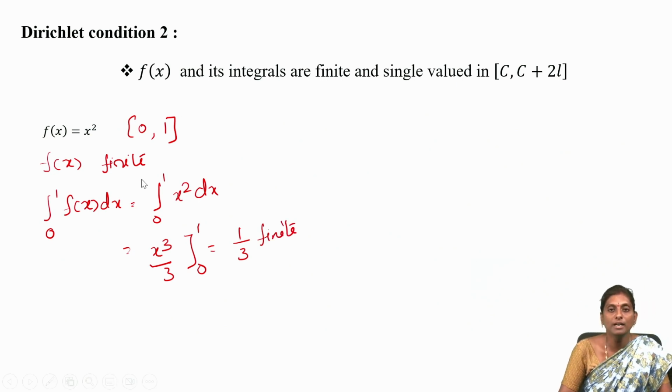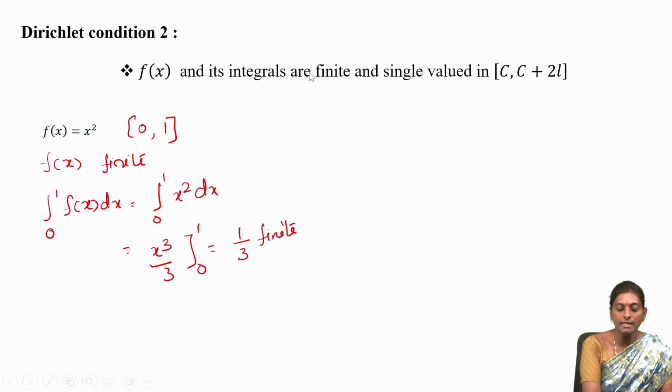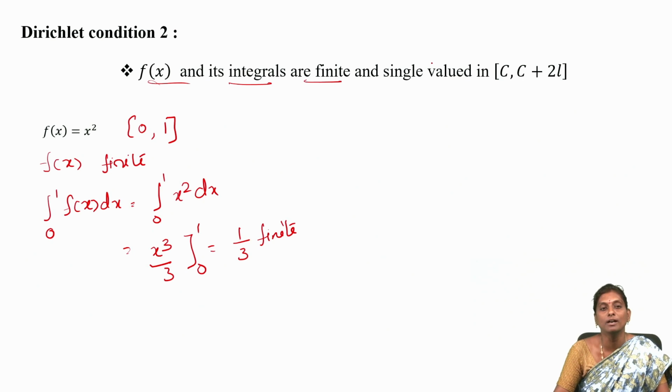So the function is finite and the integral value is also finite. Condition 1 is satisfied, condition 2 is satisfied, and the next one is that the integral is finite, f of x is finite, and the function must be single valued. So in this domain 0 to 1, the range of this function f of x is also